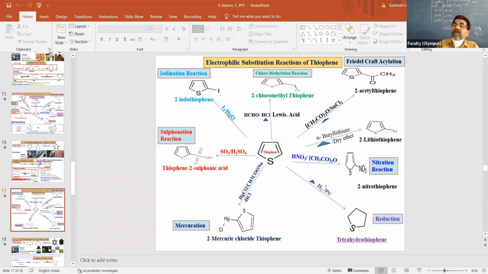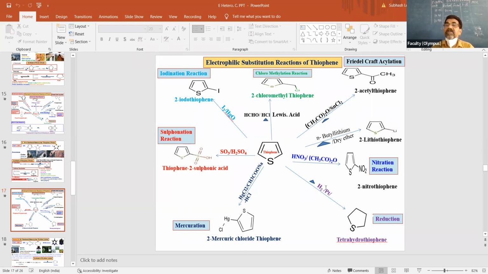Then we have n-butyl lithium. This type of question was already asked last year and may be possible again, which is shown in furan also. Thiophene treated with butyl lithium, CH3CH2CH2CH2Li, in presence of dry ether gives 2-lithiothiophene. There, 2-lithiofuran is also obtained. The product is at the 2 position, and you already know the substituents, the electrophile at the 2 position. You can very easily obtain this.